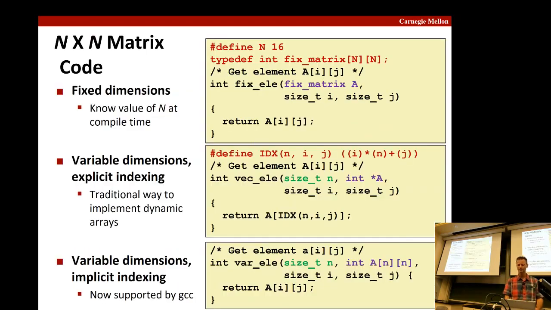Okay, so here's an example that illustrates different ways of indexing into matrices. If I have a matrix that's n by n, but I've fixed n, so the compiler knows the size of n, so it's 16, then I can write things like return a[i][j], and the compiler can compute that address